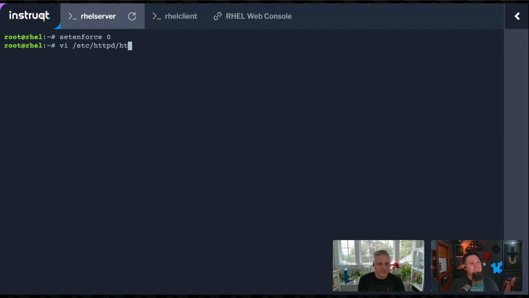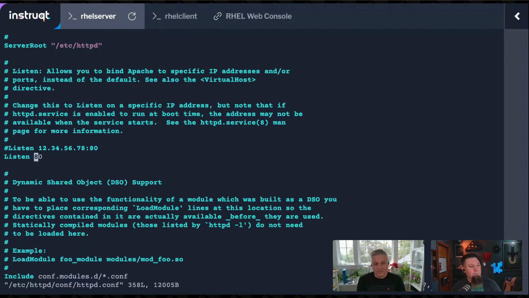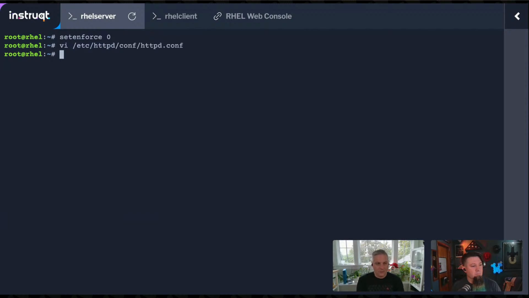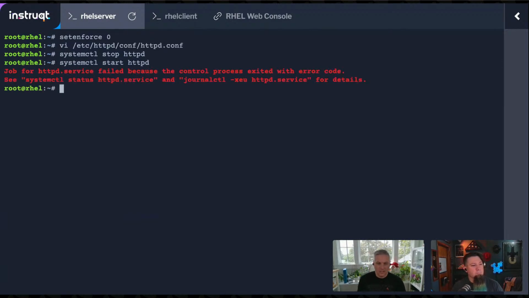All right. So I did want to just cover off that without SELinux, we can also have port problems. So notice that I temporarily disabled SELinux. And we're going to change it to listen to another port. And now, let's make sure it's stopped with the old config, and then we're going to start it back up with the updated wrong config. Right? Again, it's broken. And if we look at the journalctl,